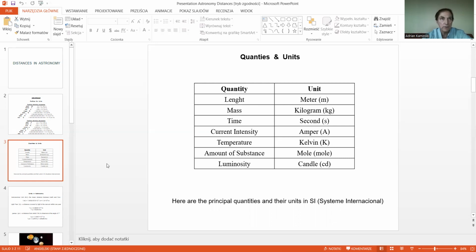Unit means the way we measure that quantity. For example, the length is measured in meters. Mass in kilograms, time in seconds, current intensity, it's not